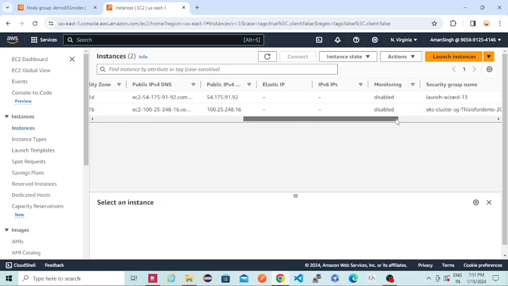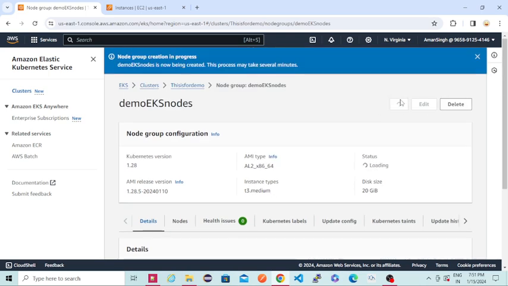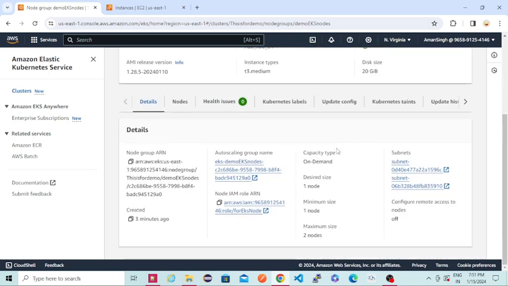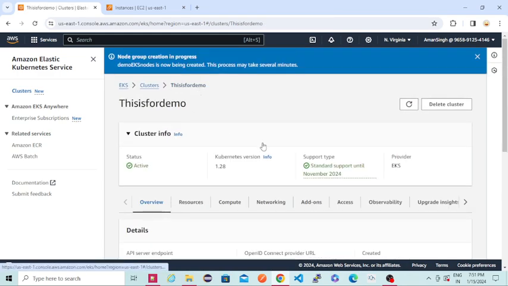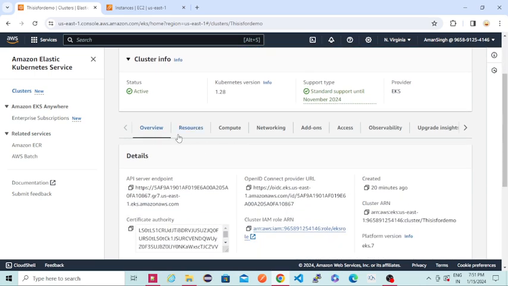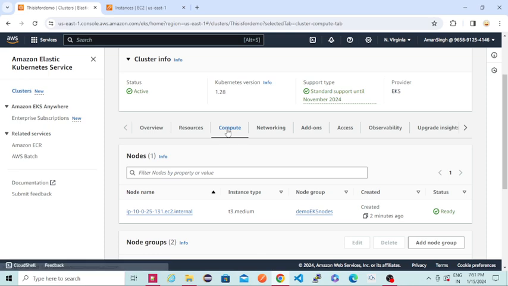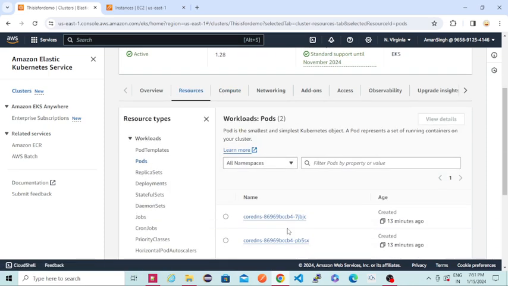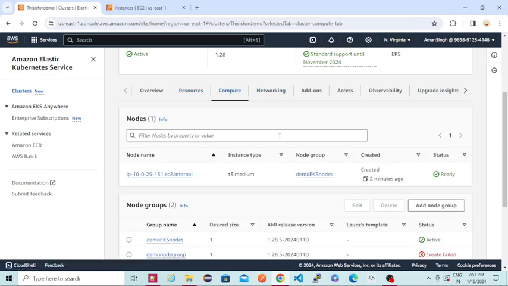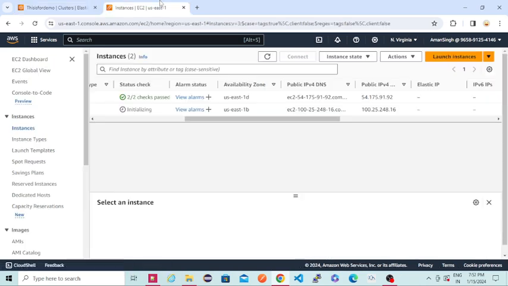Once this is updated, then we'll go back to our Kubernetes cluster, the EKS cluster which we have created, and we'll see if we are able to see those nodes get attached to this EKS cluster for doing some sort of demo, right? So in resources, if you see, you are still seeing only two pods, and those two pods are just created. Those two pods are not up and running. So you can see this is created. So here, if you refresh this,